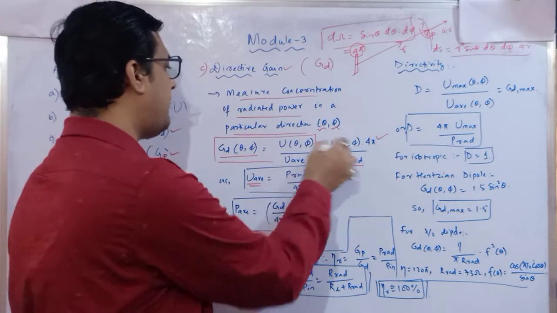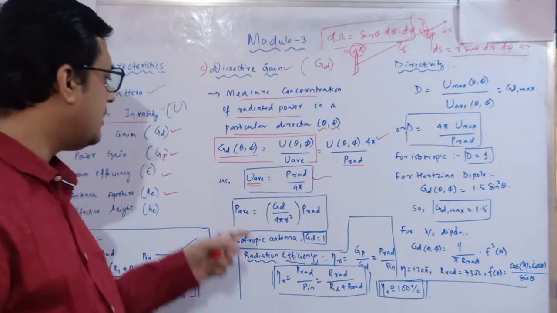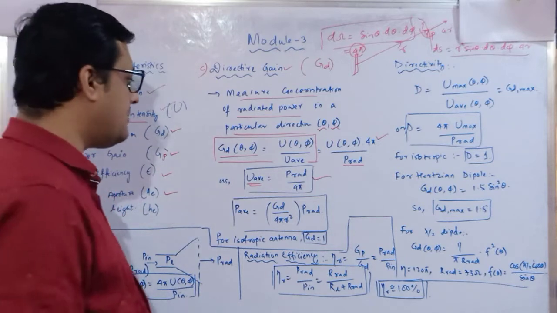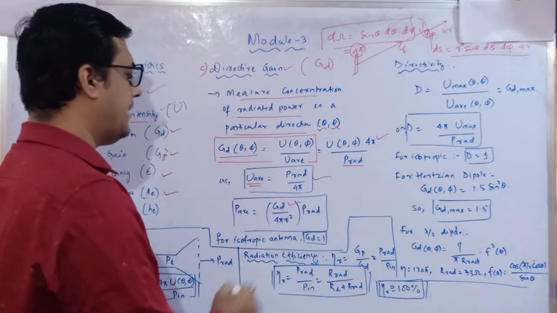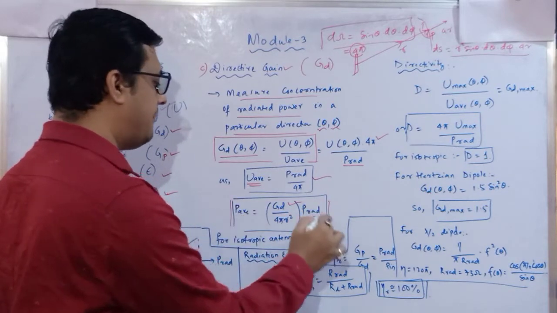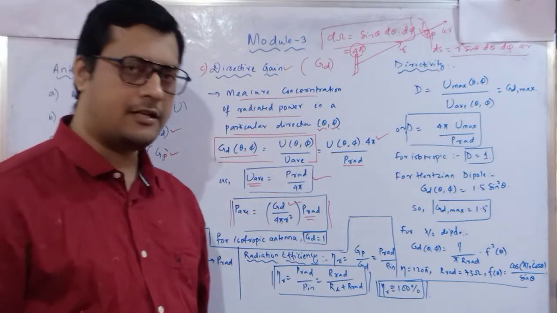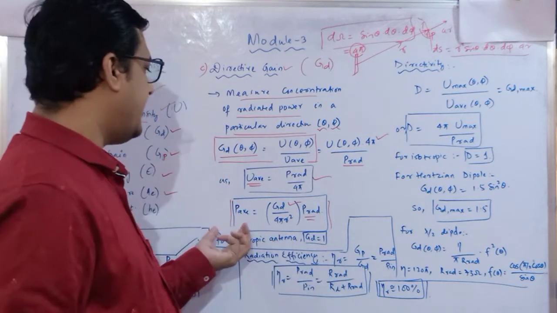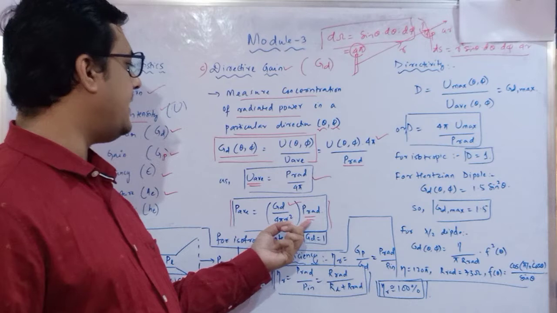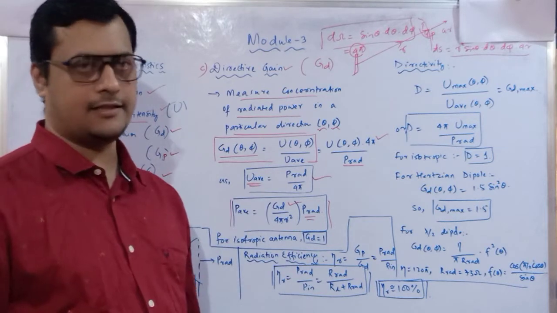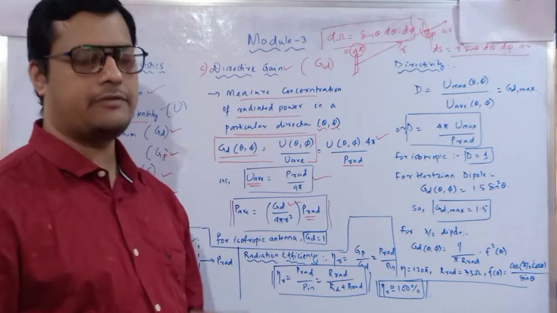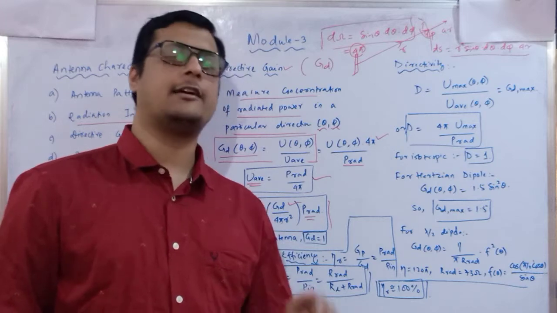Now if I want to represent this with respect to the average power, here we have the radiated power. Now what is the average power? Average power is the directive gain divided by 4 pi r square, whole into P_rad. So this is called your average power. This is the relationship between average power and the radiated power. Radiated power is related with respect to the average intensity. So in place of this radiated power, if you substitute the radiation intensity also, we can identify the average power. These are the basic relations through which we can identify the radiation intensity and directive gain.